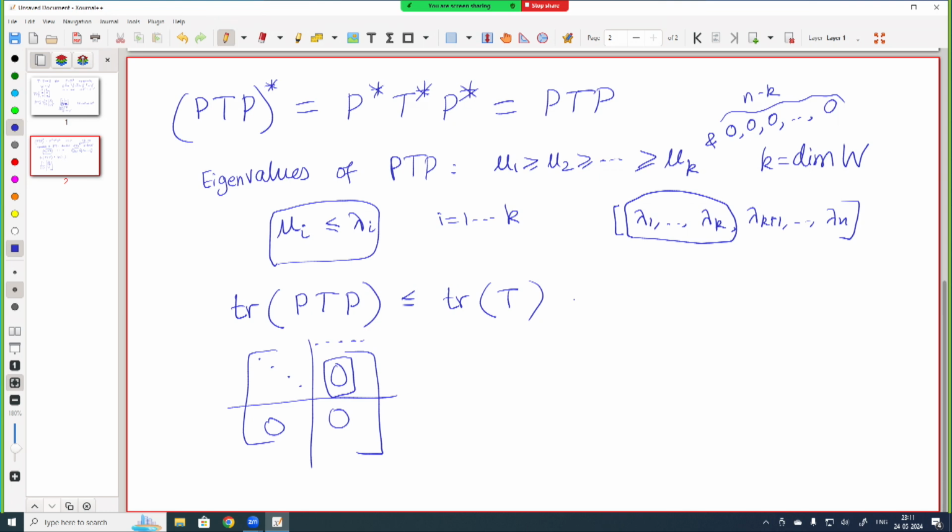Could you explain why trace of PTP is less than or equal to trace of T? Right, because what is trace? Trace is the sum of the eigenvalues, right. What are the eigenvalues of PTP? They are what I am calling mu1, mu2, up to mu k. It's up to k you have to find, sir, but some other eigenvalues that T is negative will be there, which means